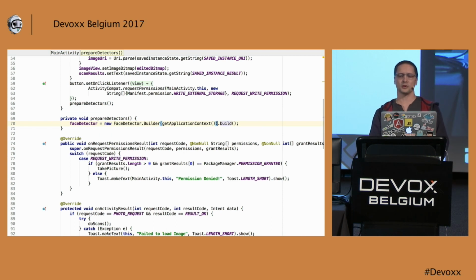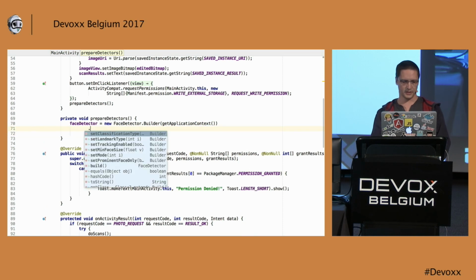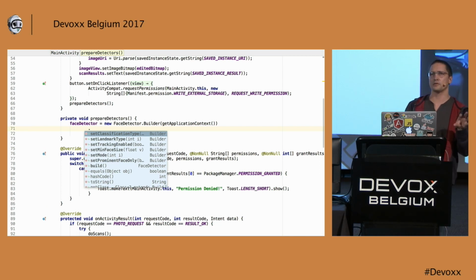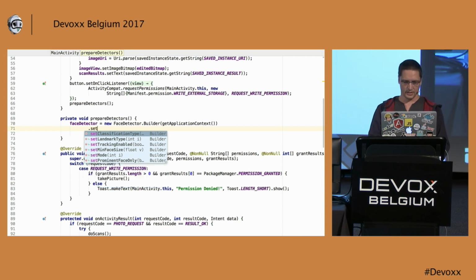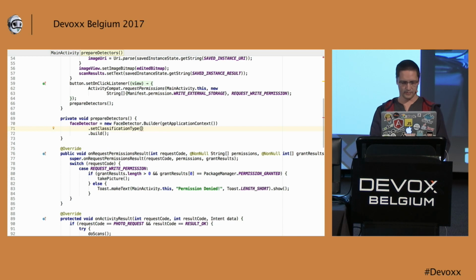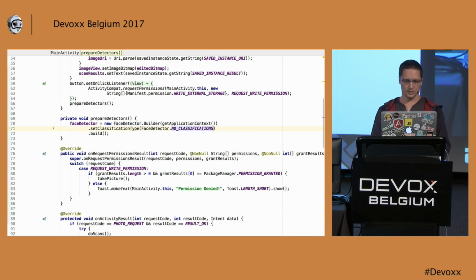You can do some configuration on your face detector. For your face detector, you can set the type of classification. If you ask for all classifications, you will get information about whether the eyes are open or if the person is smiling. All this information will take more time. So I don't want it for the moment. I will just say setClassificationType, FaceDetector.NO_CLASSIFICATIONS.